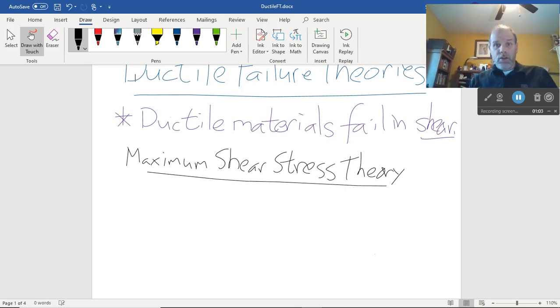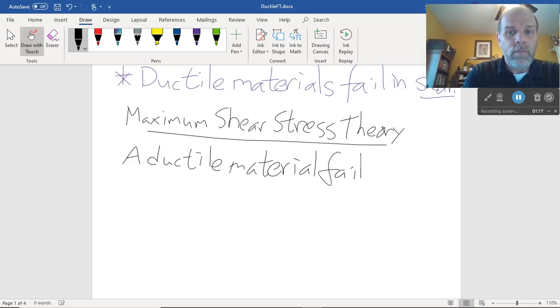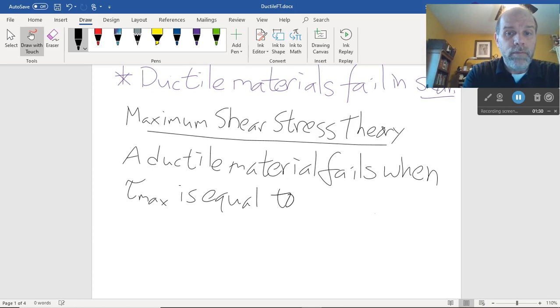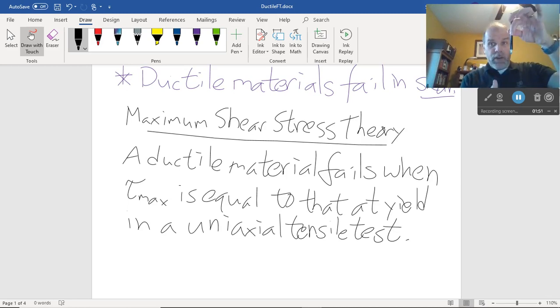What the maximum shear stress theory says in a nutshell is that a ductile material fails when the maximum shear stress being applied to that material, we'll just call it tau max, is equal to that at yield in a uniaxial tensile test. So if this was my specimen, if my stylus again was my specimen,